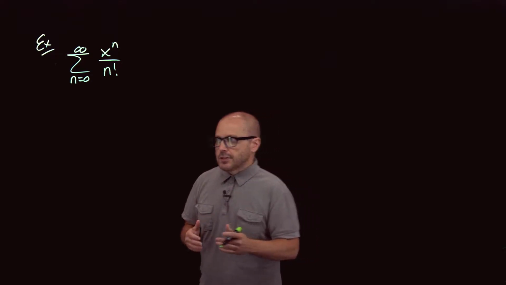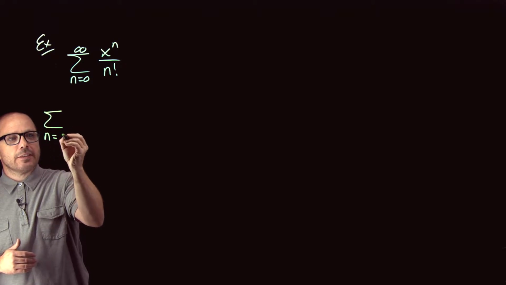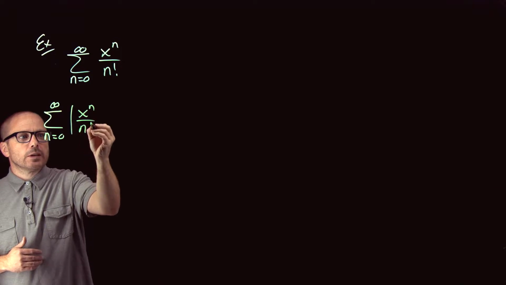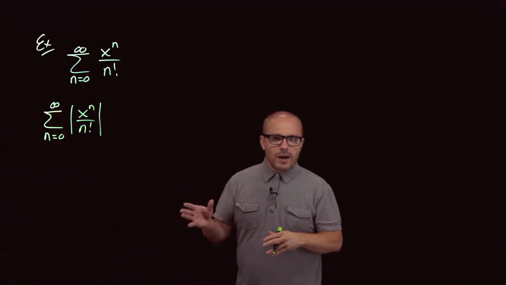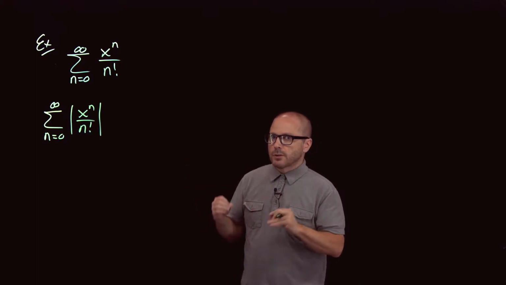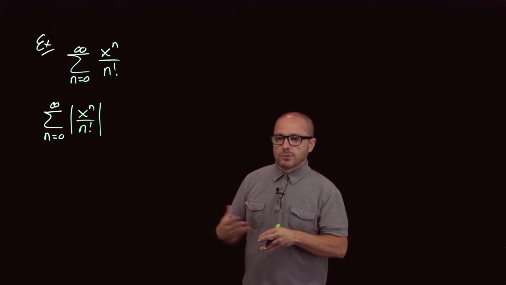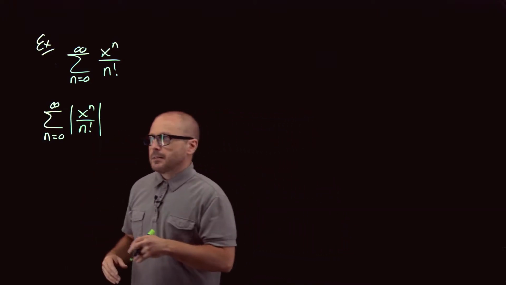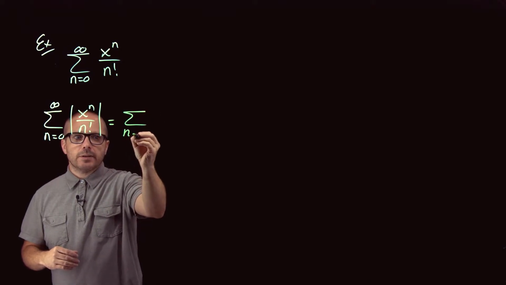Again, our very first step will always be to not look at the original series, but to look at the series of the absolute value of the terms. That's so that we can use ratio or root. Remember, sometimes we lose track of why we're doing that step of the absolute value. It's because we'd love to do ratio or root, but those require, in the case of ratio, positive terms, and in the case of root, non-negative. And we don't know that because we don't know x. But in absolute value, then we're good. Right? So this series